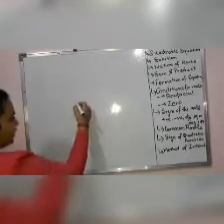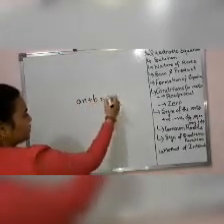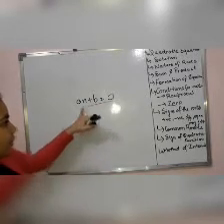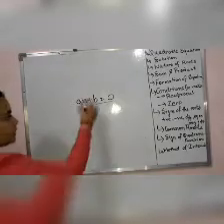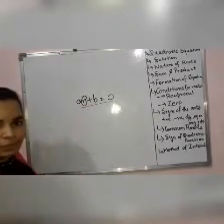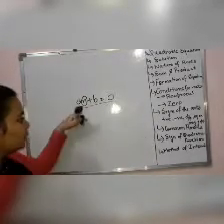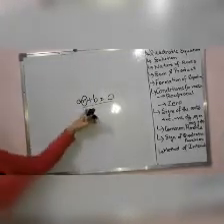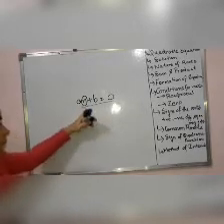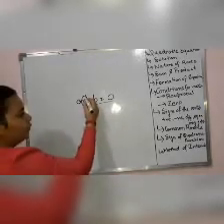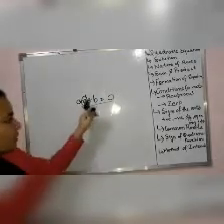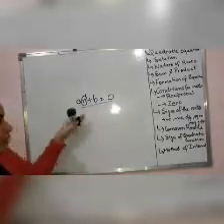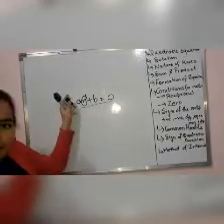If I write anything like this, ax plus b, suppose this is equal to 0. Then this is a linear equation. Why is it a linear equation? Because I have got this one variable over here. X and y we consider to be the variables whose values can change. A, b are the constants over here. The value cannot change. So x is a variable here whose value can change, and the power of x is 1. If no power, that means we can write it as 1. So x raised to the power 1. That means the highest power of the variable in this equation is 1. Therefore, it is a linear equation.